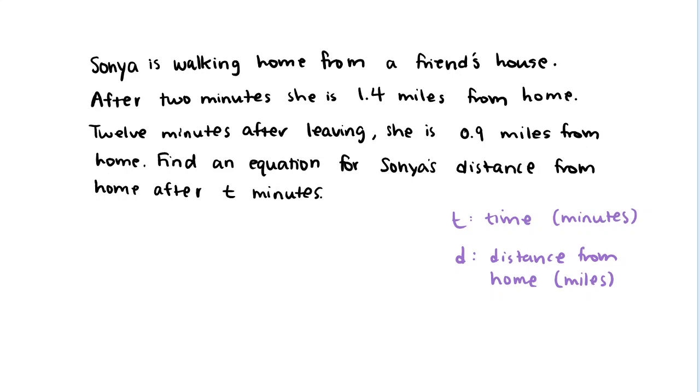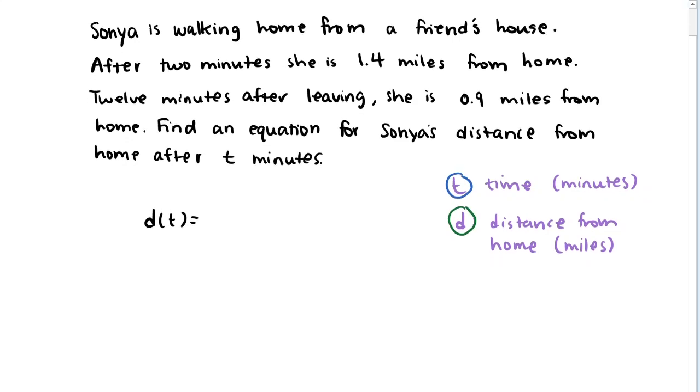And here we're going to talk about this idea in terms of functions. We want to describe how one variable depends on or is determined by another. And really, the distance she's traveled depends on the amount of time she's spent walking. And so here I would say d, her distance, is going to be the output of this function, and t can represent the input. So we're really looking for d of t is equal to